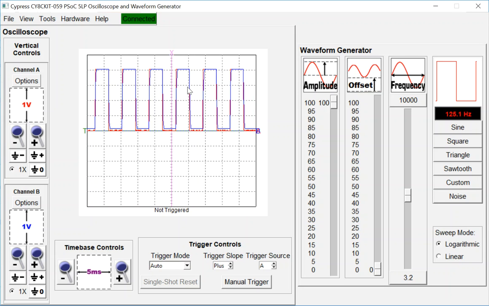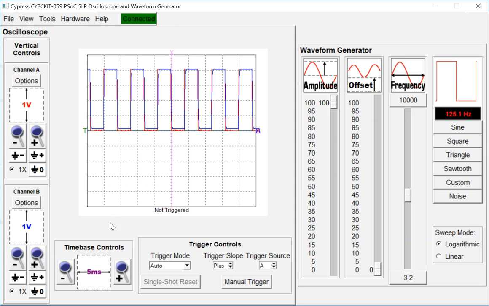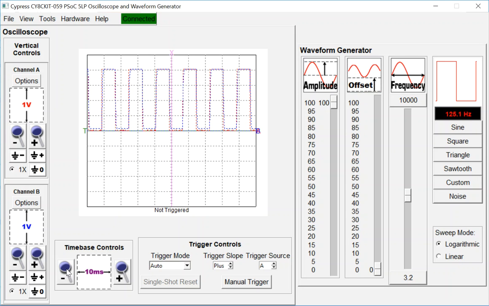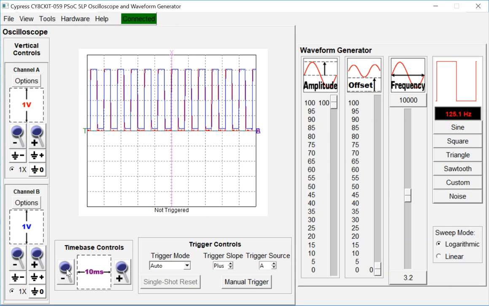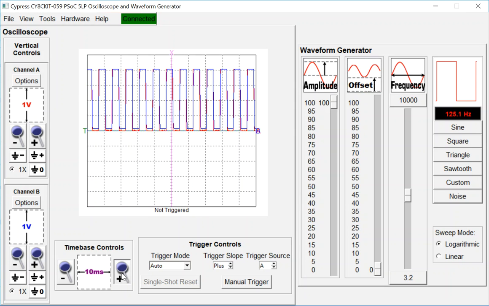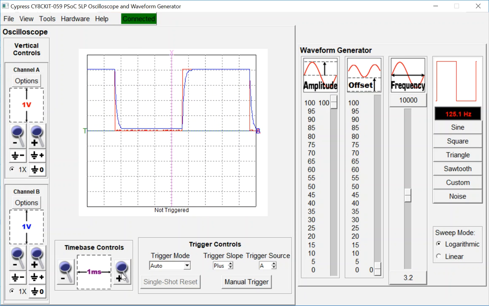So now we can see many periods, but it's kind of hard to see this rise time. We're kind of zoomed out too far. In fact, you can almost see no difference when I zoom out at that level, so I'm not really getting much information about the system. So if I can zoom in, where I can just about fit one period,